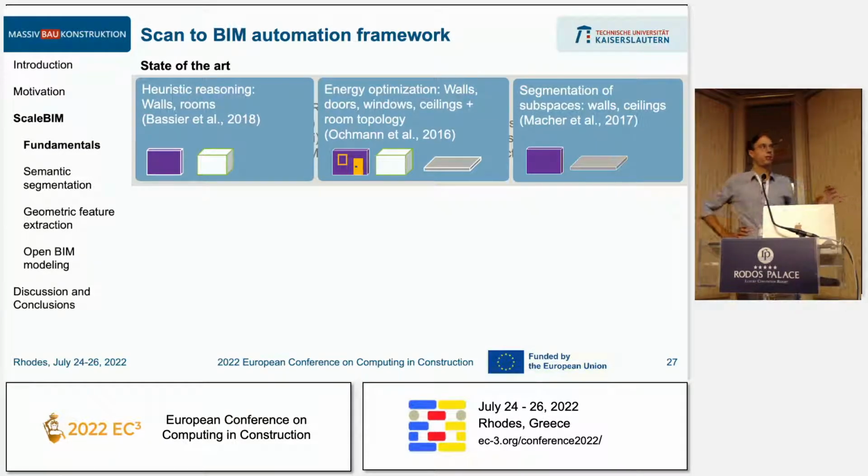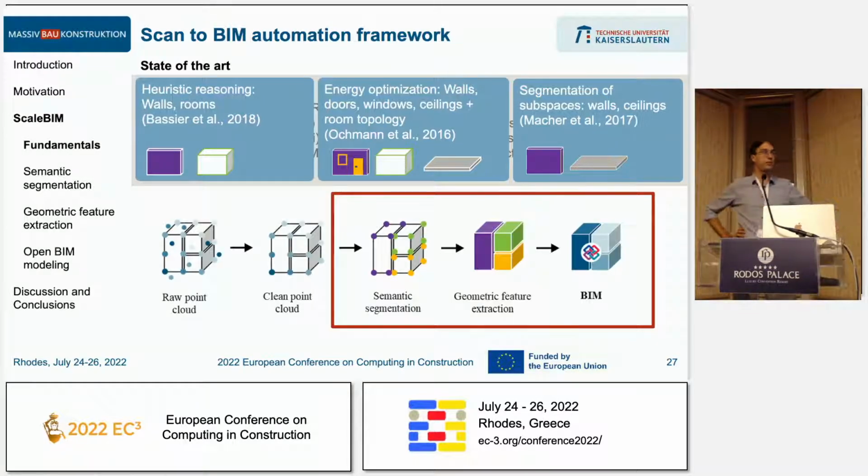One attempt that was made is to detect rooms, and then, assuming that a room must be delimited or surrounded by building elements, to detect, for instance, walls and ceilings, maybe even windows and doors, as surrounding objects of the room. Our approach is different, because from the clean point cloud, the first thing we do is perform semantic segmentation on the data.